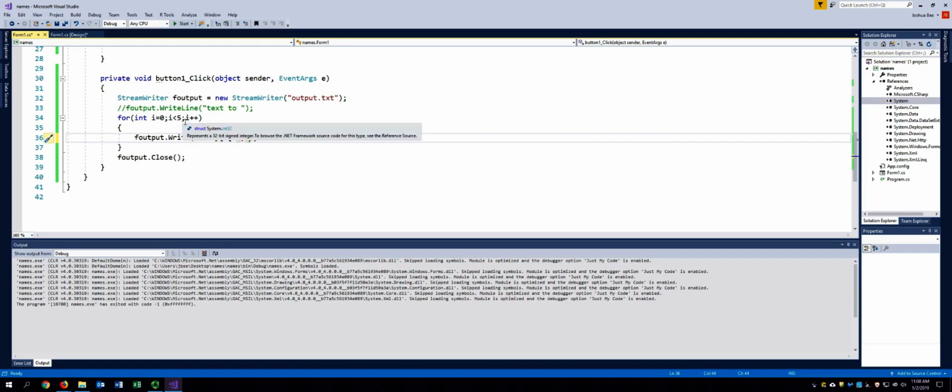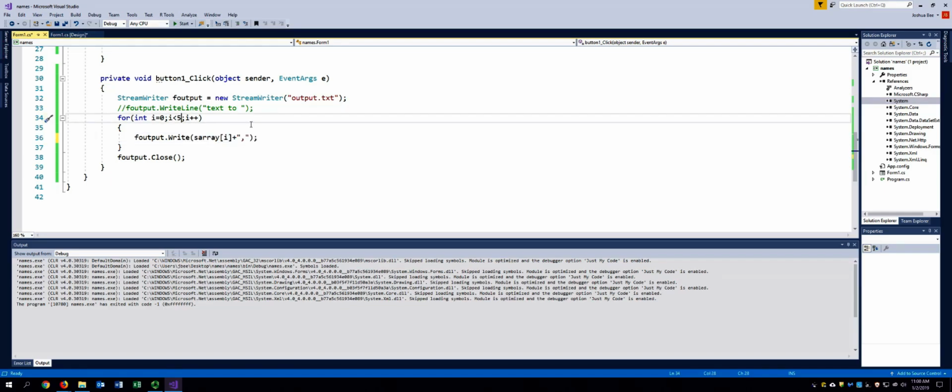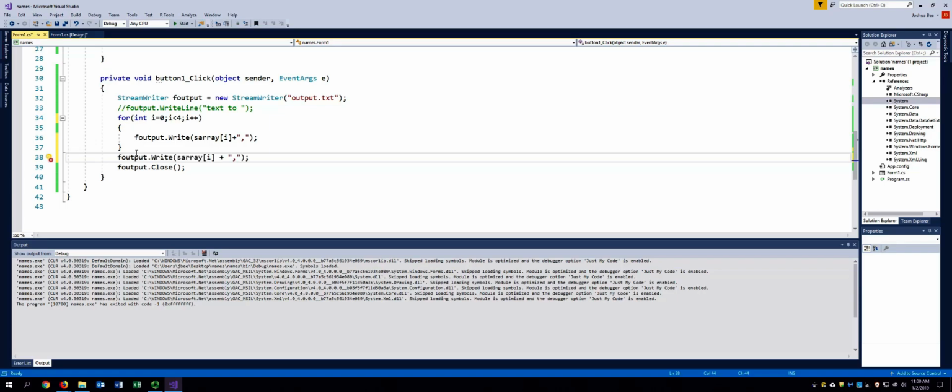But because we don't want a comma at the very end, we're just going to go to 4, and then out here we're just going to cheat a little bit, and we'll make sure that we do a write of SArray without the comma, for the value 4. So that the last one doesn't have a comma in it, and it's kind of quick and easy. So then when I run this,